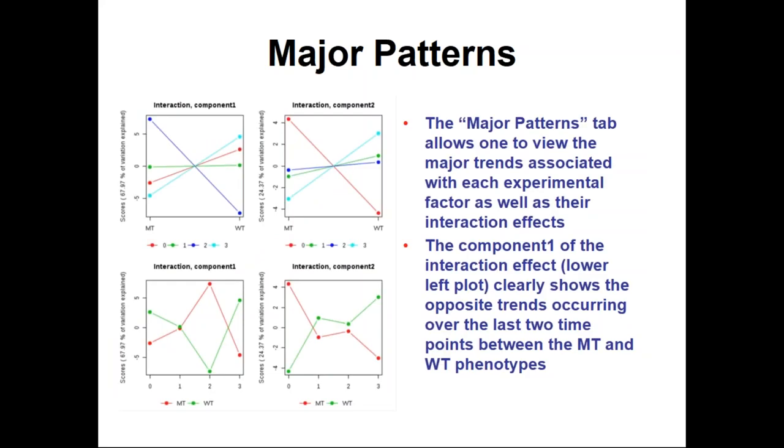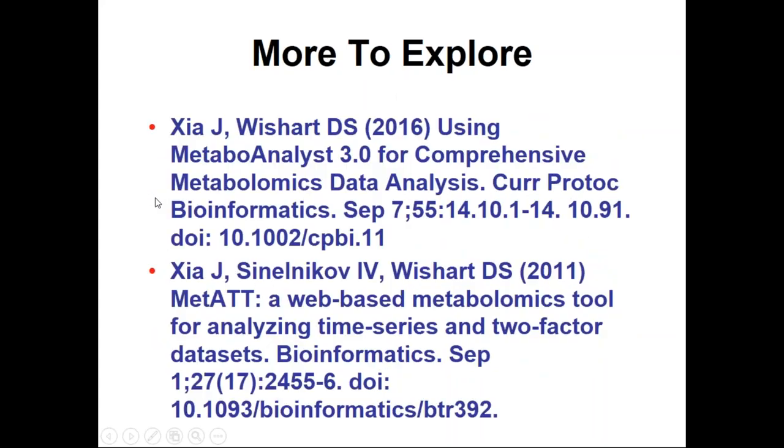But then we can go a little further in looking at specific components. So it may not be an individual metabolite, it might be a combination of metabolites. This is where the PCA component 1, component 2, component 3, and so on come in. But you can see in terms of component 1, we're looking over time at the bottom set, and I'm not sure if I can use the arrow here, the interaction between mutant and wild type. So in one case, this component, let's for the sake of argument call it a metabolite, starts high and is low in the wild type. That's the dark blue one. Whoops.